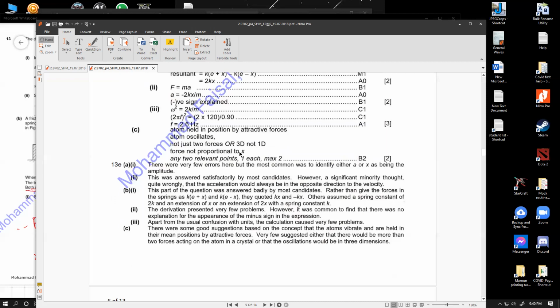The only logical explanation is that if you consider the mass to be a variable, then it might be acceptable. But why should we consider the mass to be a variable anyway? I would never write this, and I recommend not to write this anywhere. So disregard that. I cannot come up with this. If I can come up with an acceptable solution for this sentence, I would share it with you from my own. Force not proportional to x initially. Right? Any other? Perfectly all right. No big deal.